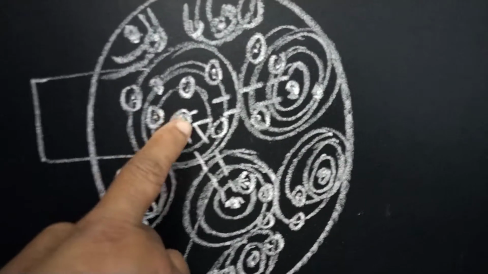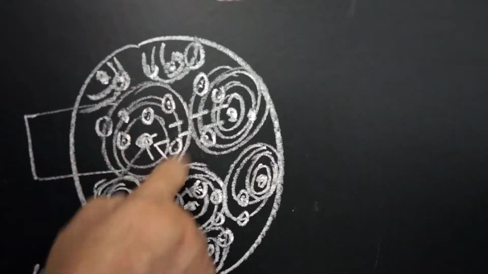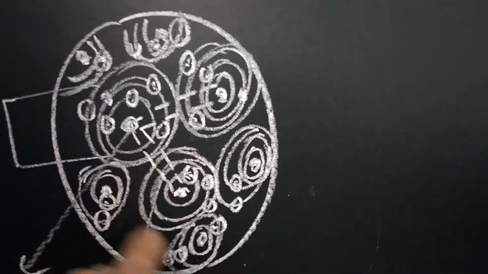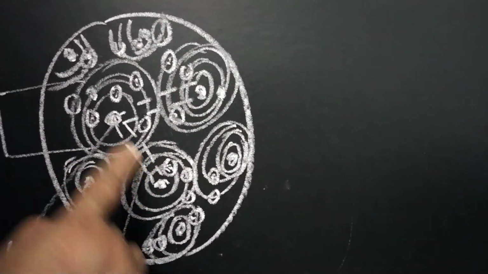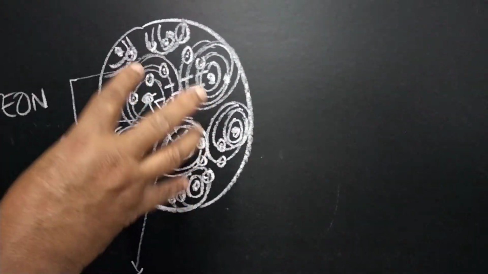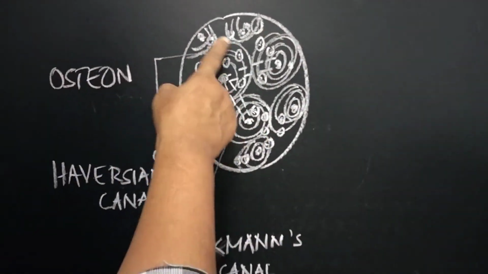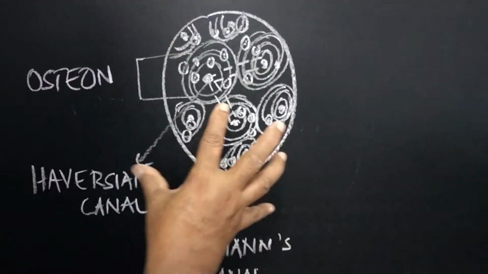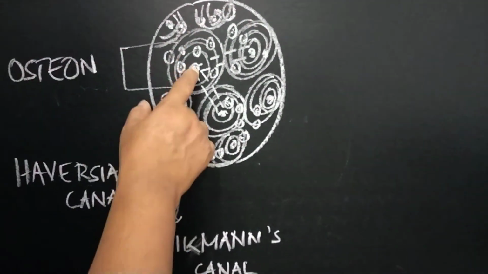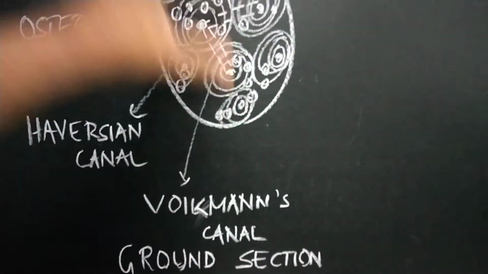This is called the Haversian canal, surrounded by the lamellae, which have osteocytes within them. These osteocytes communicate with the other osteocytes and the other lamellae by a canal called Volkmann's canal. So this is what we see under the microscope in the ground preparation, mainly the osteon, that is the structure called osteon. This laminated pattern surrounds the Haversian canal, with Volkmann's canals connecting. This we see in the ground preparation of the compact bone.